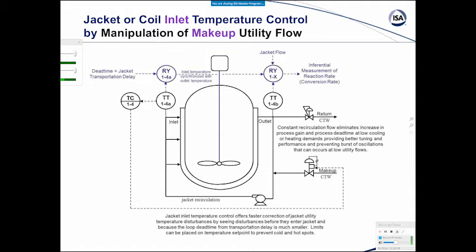Now, to get the synchronization of the inlet and the outlet, you have a simple dead time block, and its dead time is the transportation delay. Again, another reason to have a constant jacket flow, so that that's a constant setting here. This is very good for continuous operations to detect fouling going on or some conversion rate problem, but you can also see for a batch operation how important this is, because it's telling you when the batch is approaching completion, the conversion rate's going to zero. And if it comes back up again, maybe something undesirable is happening. The batch should have been terminated.